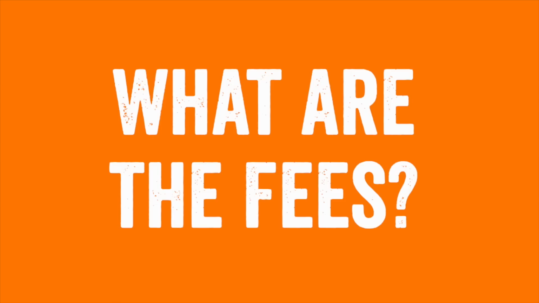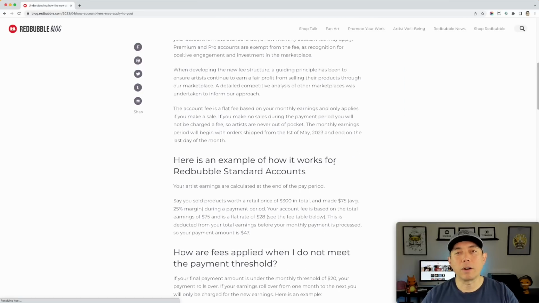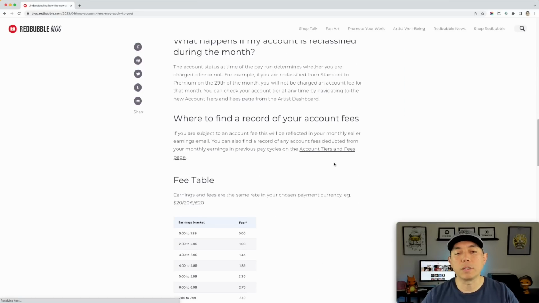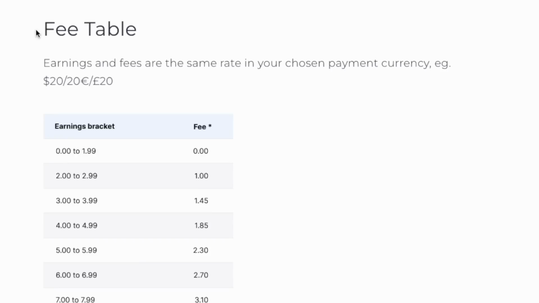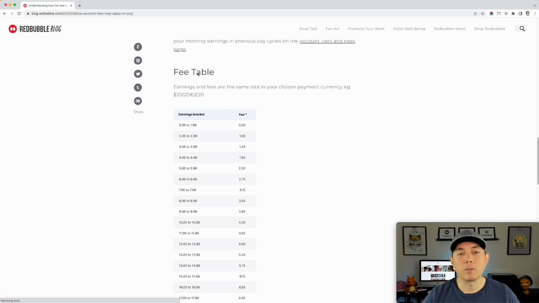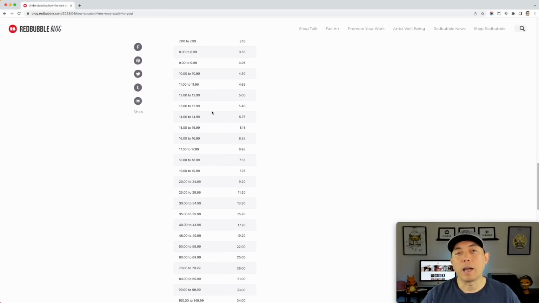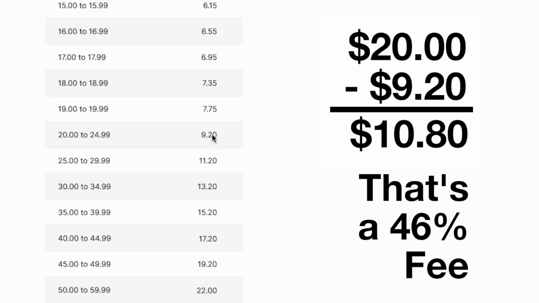So first, the fees. So come here and click on this, and you can see this has a long paragraph of fees. I'm gonna really just go all the way down. You can read all of this, but I think this will answer your questions the most. Right here, the fee table, if you scroll all the way down, you can see right here. And basically what it's saying is each month you come in here and see how much profit you made, your earnings for the month. So let's say I made $20 this month. So I'm right here, $20. I'm going to get $9.20 taken out of those $20 as part of the fee if I'm in the standard